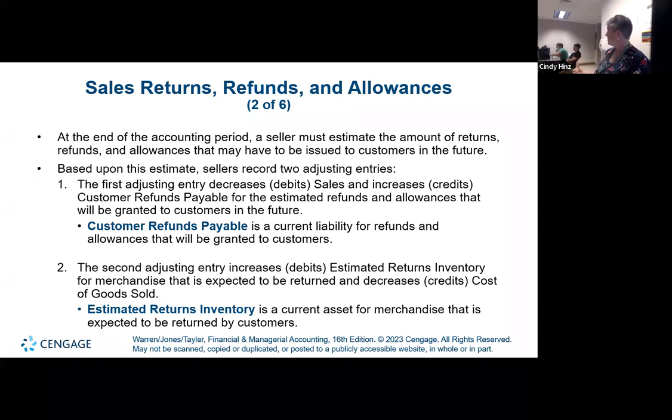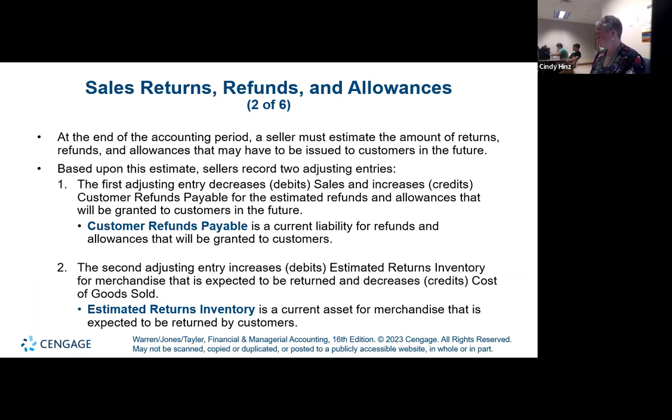But the second part of the matching principle is, what do we match against those revenues? And what goes against those revenues is all of the costs that helped us to generate those revenues. If we allow customers to return stuff to us, that's a potential cost, right? We may not have really earned all those revenues for keeps until that return period. So maybe we allow them to return things for up to 30 days, let's say. So that's going to create a liability for us in the future to pay them back if they return that merchandise.